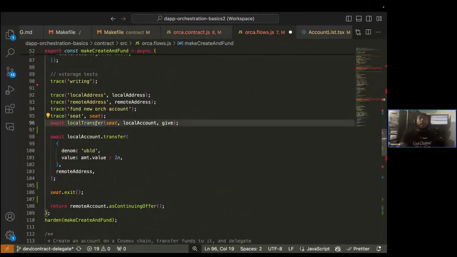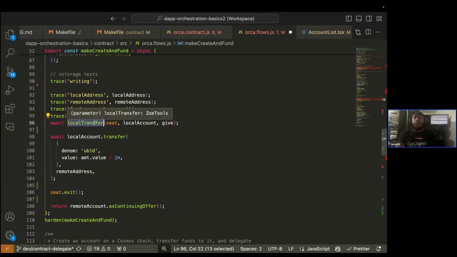So what we're doing is passing this seat to a function called local transfer. We're also saying who the local account is and the assets that we want to give it. Under the hood, this is using Zoe to create an empty seat and move the funds from that seat to the empty seat. And then that empty seat is depositing these funds into the